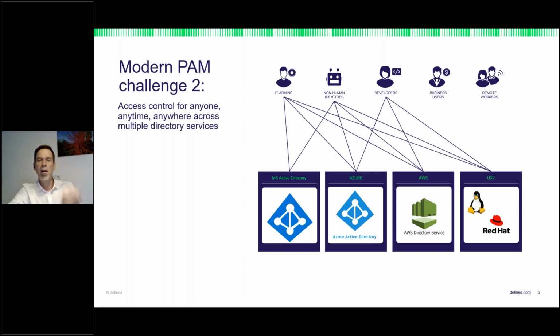Just imagine that you add AWS with its own directory services, or maybe Google, or Alibaba Cloud, or other things like Red Hat and Linux in your on-prem environment. So you have a large number of different accounts. Again, remember, I'm the admin. I want to work with 2 or 3 of these environments. I have to remember at least 3 accounts, logins, credentials.